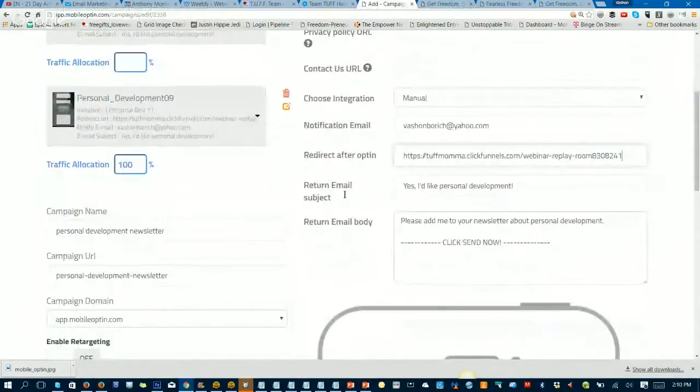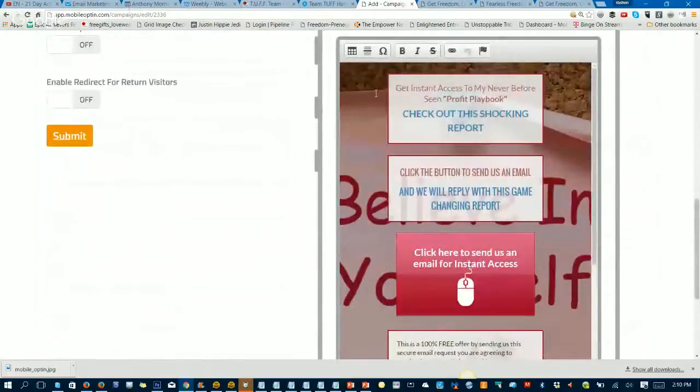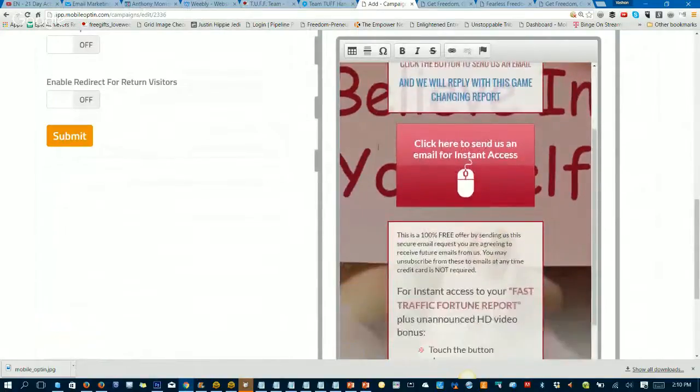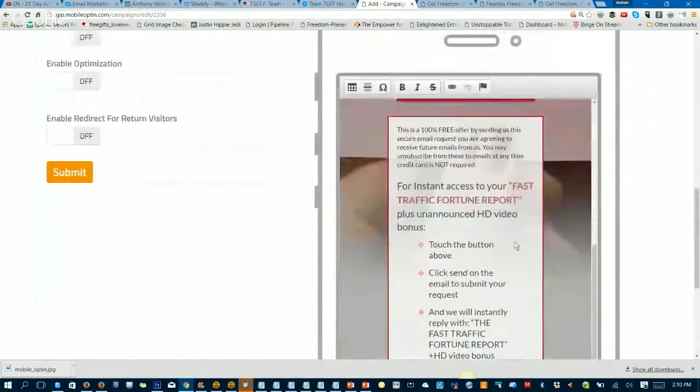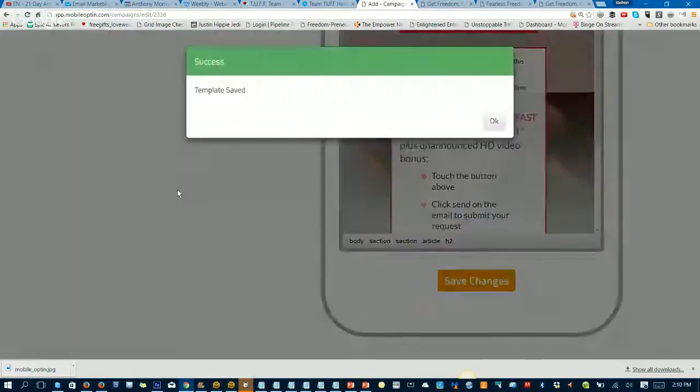Okay, it automatically saves the email that you already typed in the first one, so that's kind of nice. And all I've got to do is come here and edit the text. So I'm not going to do that right now, but you get the idea. Just click in here, edit the text, and then you'll be done. Okay, let me make sure I've got everything. Okay, so I'm going to click Save Changes. It says it's saved. That's good. If it ever says it didn't save, then it's probably because you forgot to fill out one of the fields.